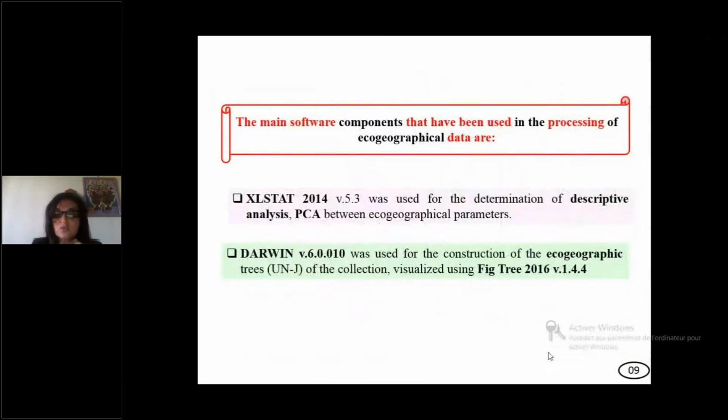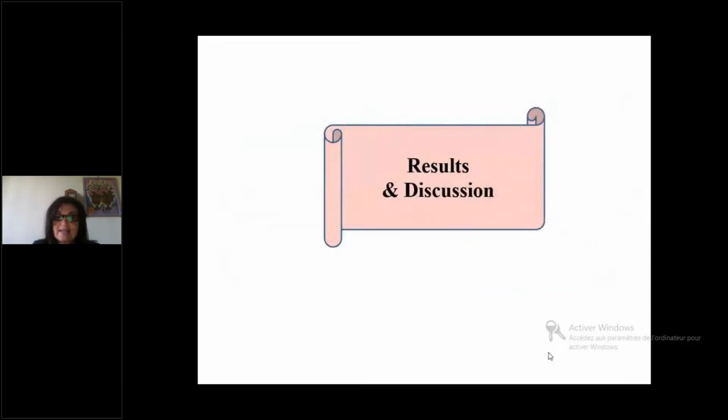The main software that has been used in the processing of ecogeographic data: XLSTAT 2014 was used for the descriptive analysis and principal component analysis between ecogeographic parameters. DARwin was used for the construction of the ecogeographic tree of the collection, visualized with FigTree 2016. In results and discussion,